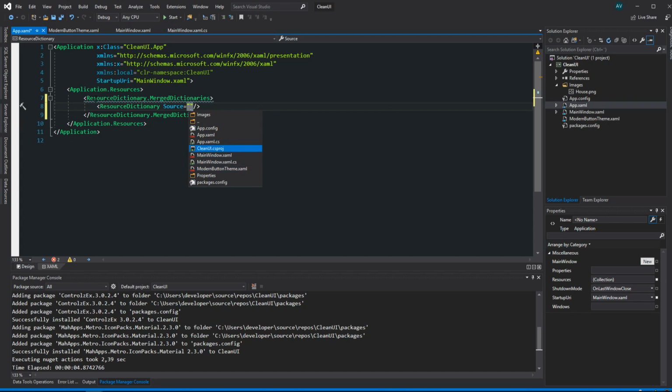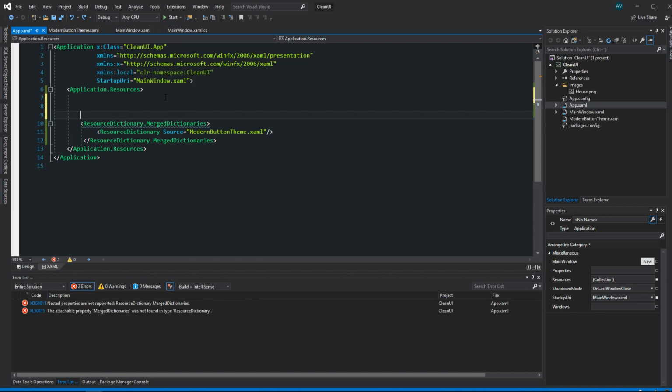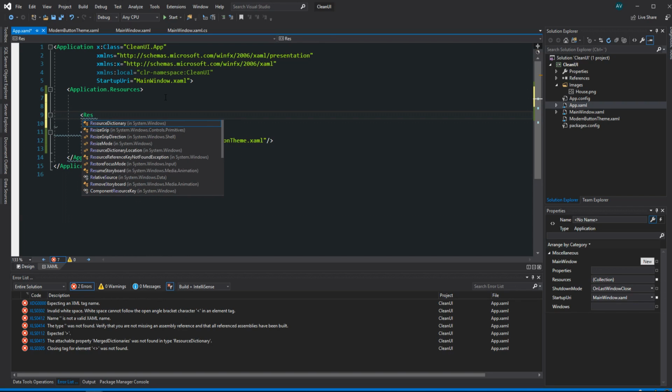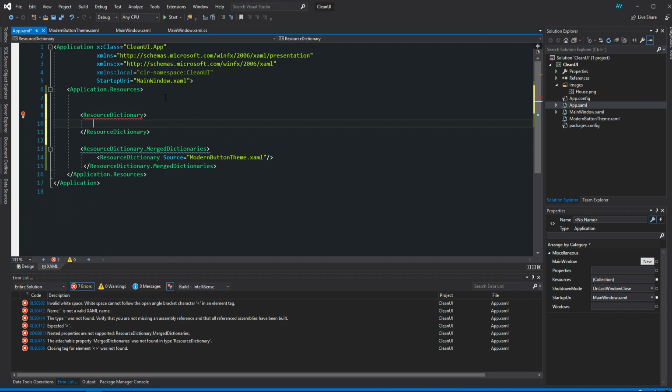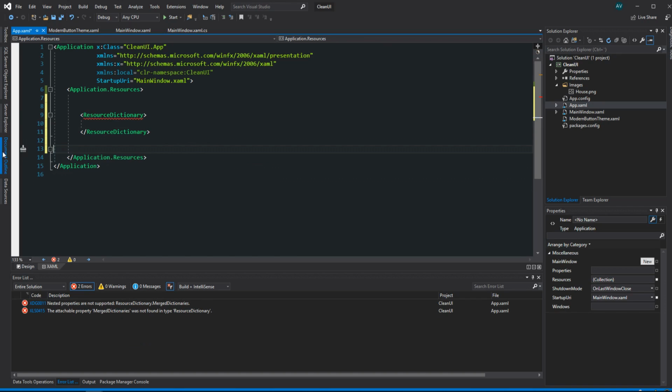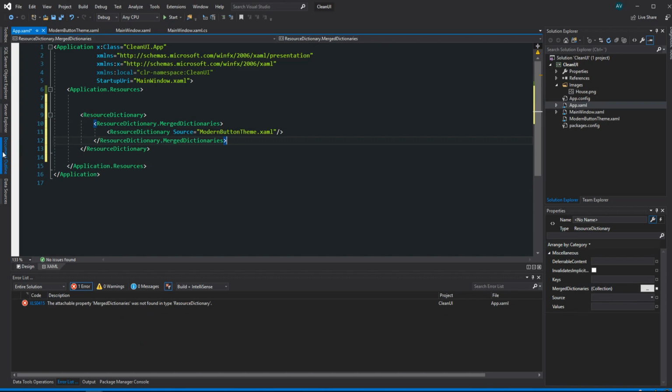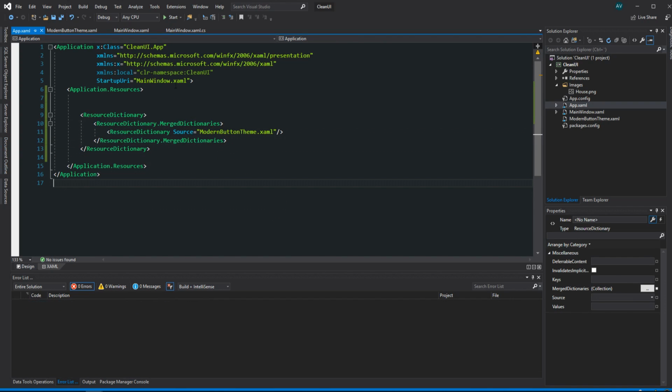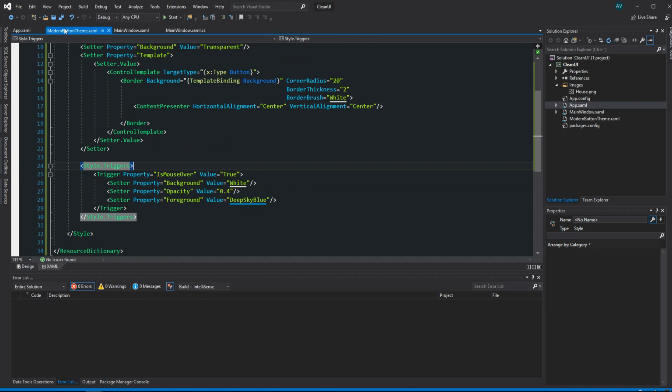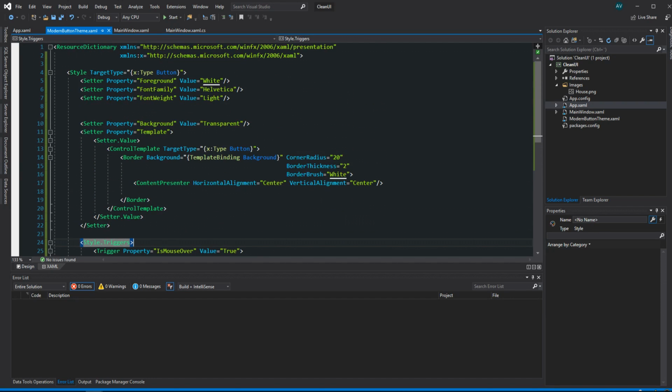So I can't see it. There we go. All right. We're going to build this real quick. Oops, I went a bit too fast. We need to add that within a ResourceDictionary. So we're just going to create a ResourceDictionary up top and then move this into the ResourceDictionary. Perfect. Now, since we didn't add a key to the style, this is going to apply to all the buttons